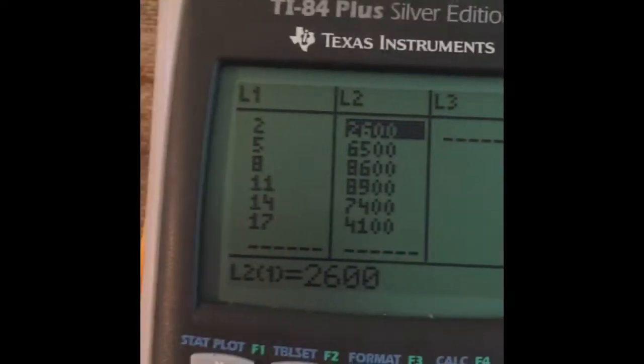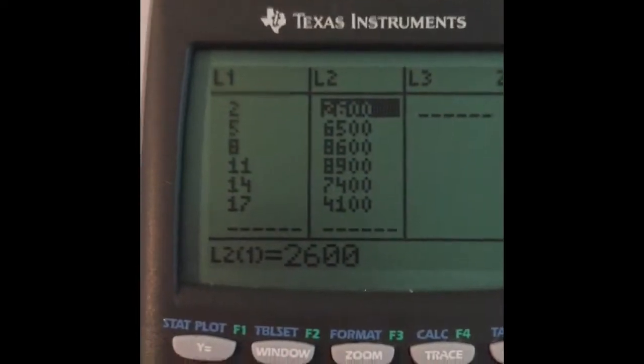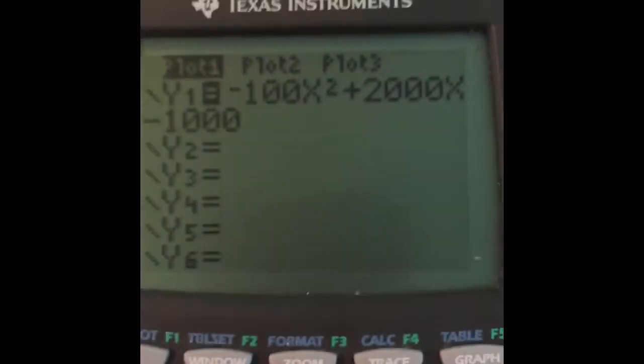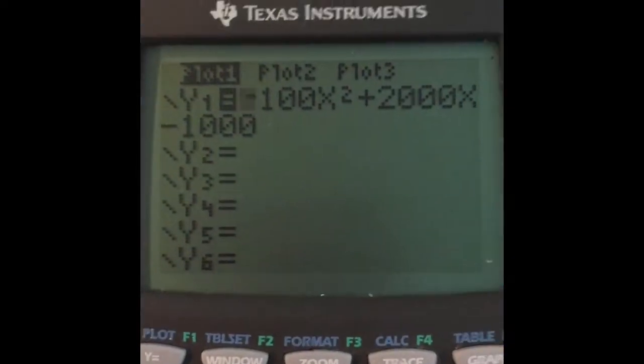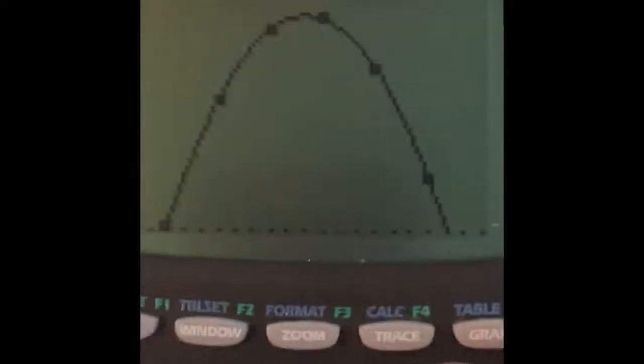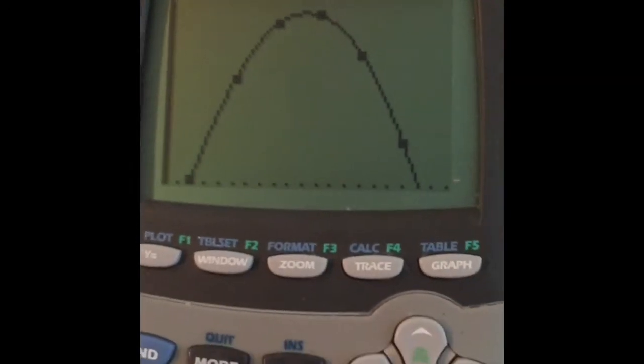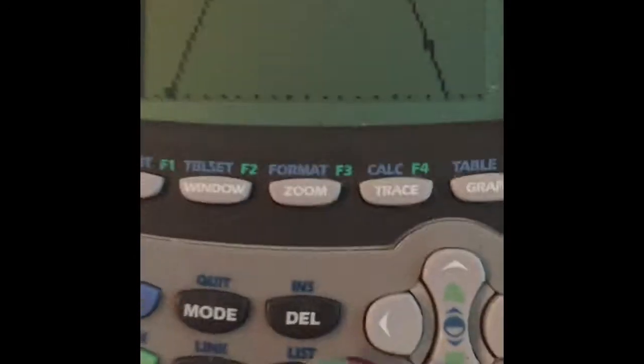So then step number 2, you're going to select Y, and then you're going to select plot number 1, and then you're going to turn it on. So after that, you press graph, and then step 3, you press stat, and then you do a right arrow,